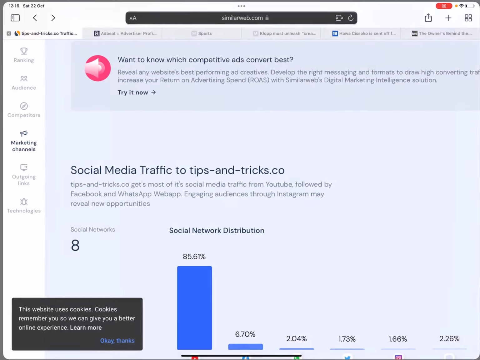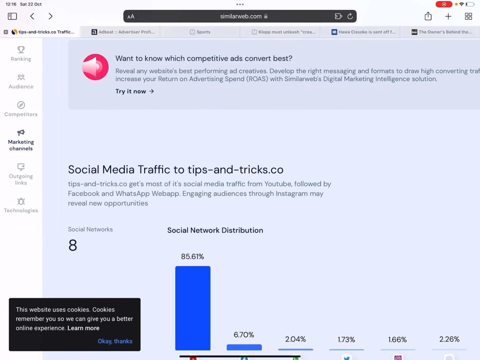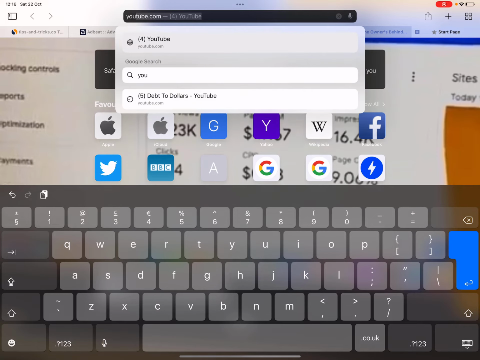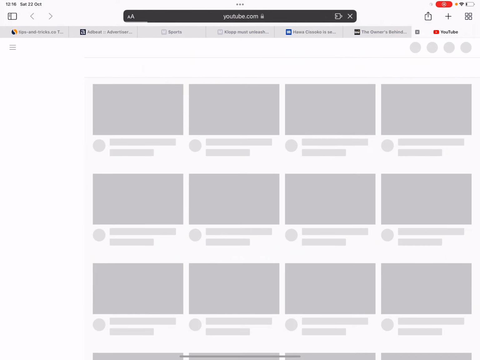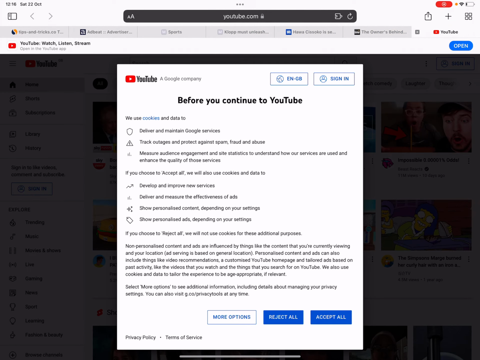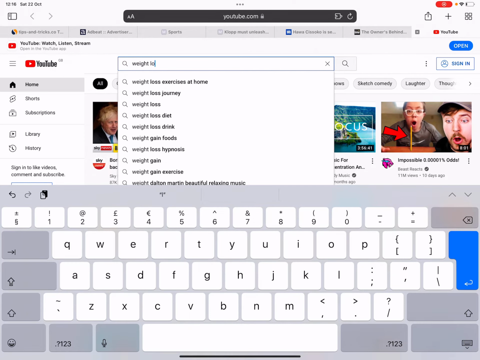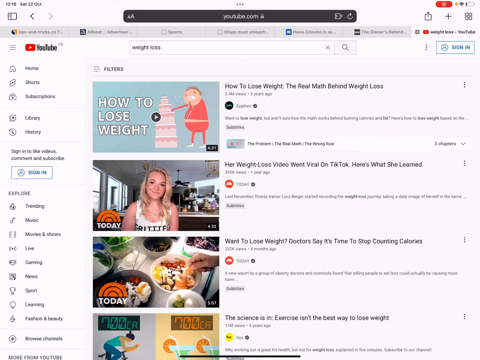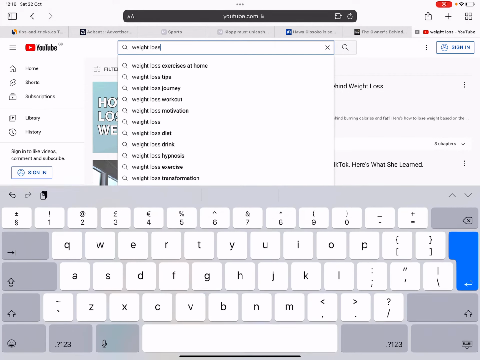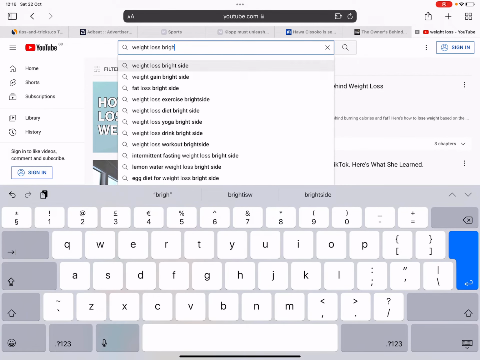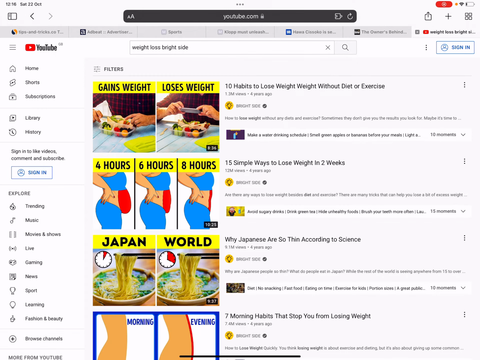You're on YouTube and you type in weight loss, you can look at the best ads. And if you type in like right side, you can see a lot of content that will get a high CTR, 15 simple ways to lose weight.